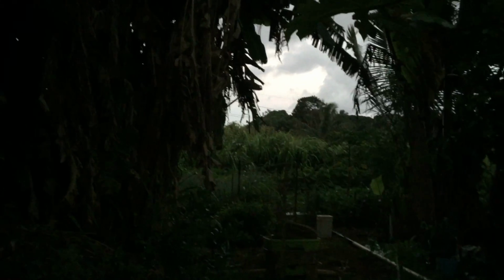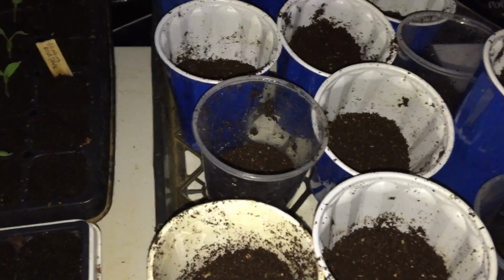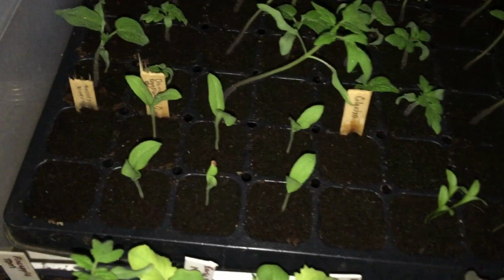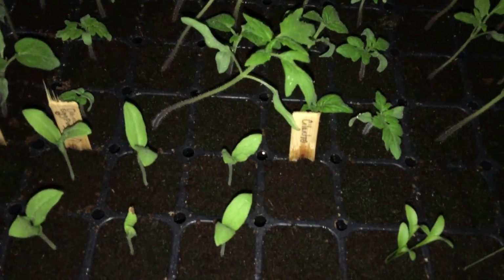Getting dark and it is raining. And look what I had to do because the rain was kind of coming in here because it's also windy. So I put our big umbrella up to block the wind because look what I'm about to do. I have some cups here that I filled with soil, and I will be transplanting some of my tomatoes because